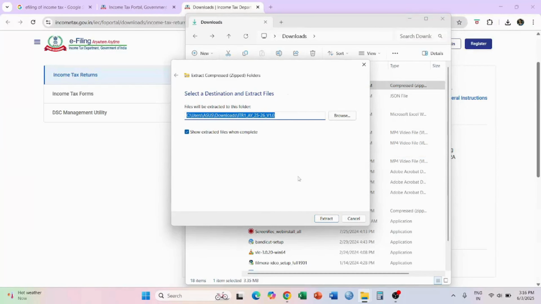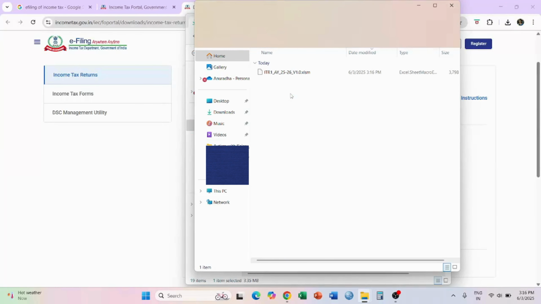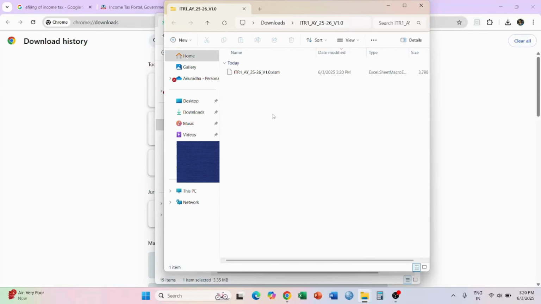Once I select extract all, it gets downloaded in downloads. So I extract it. It's done. The extracted file is now opening. The extracted page comes here. So we will have to click on this. This is a macro enabled Excel sheet.